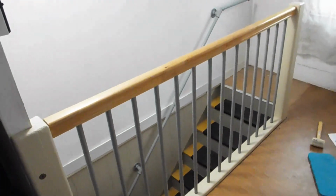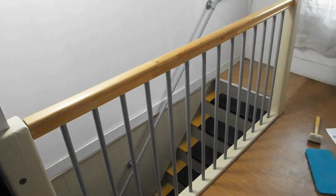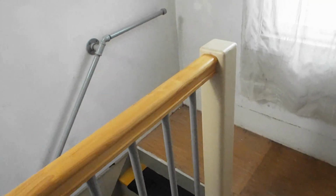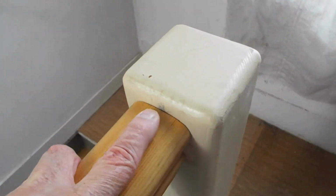Well, it's finally together. As it turned out, it was not putting the stiles into the rail. It was trying to get the connector. Right there you can see the little scratch where I've got to touch up. Get that to lock in. Now the interesting thing is that one tightened down. Come down here